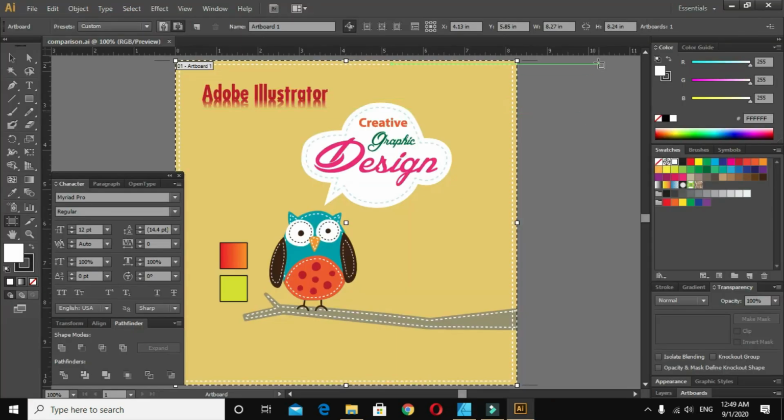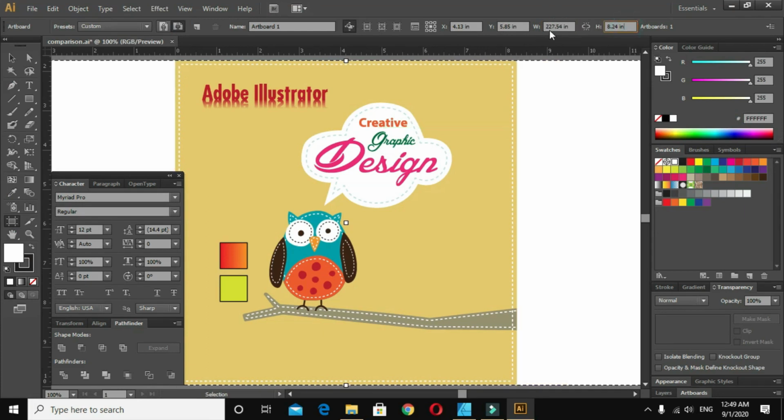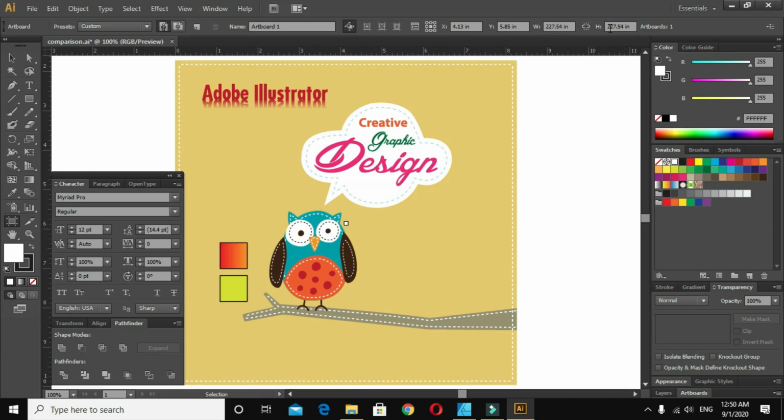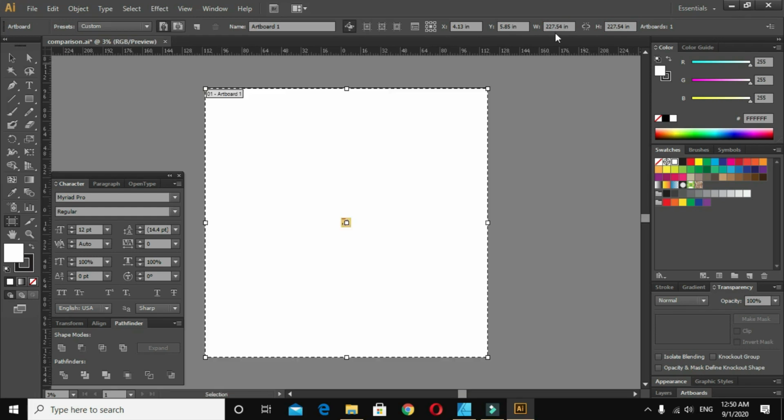Whereas in Adobe Illustrator, we cannot make the artboard more than 227.54 inches. Let us see. I entered the value 300 and it's showing 227.54. I again try to enter 300, but it's showing the value of 227.54, which means that we cannot go more than 227.54 inches in Adobe Illustrator.